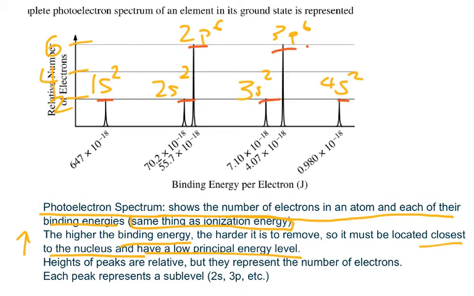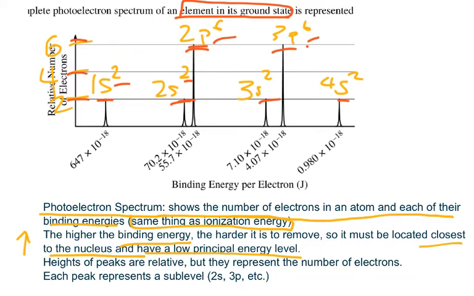So notice how the 2s are the lower peaks, and the 6s are the higher peaks. And notice how they're 3 times as high as this. So as a result, I've labeled this graph and I said that this is 2, this is 4, and this is 6 electrons. And it makes perfect sense, since this photoelectron spectrum is describing an element in its ground state, so it has to do something with the electron configuration of the ground state, and it all matches up in